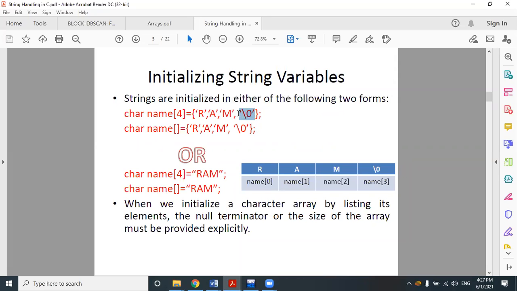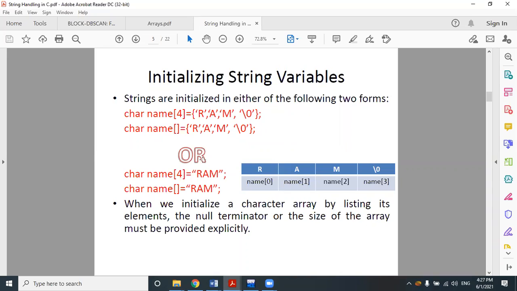This end of a string is very, very important because it tells that this is the end of a string. I have already told you that a string is a data structure, so it is a logical concept, not a physical concept. Just as a data structure is a logical concept, string is a logical concept. The string is a logical data structure which is actually implemented on the physical structure of the character array. So where the end should be has to be specified in the case of the string data structure. That's why we use a special delimiter, the null character, to represent the end of the string.